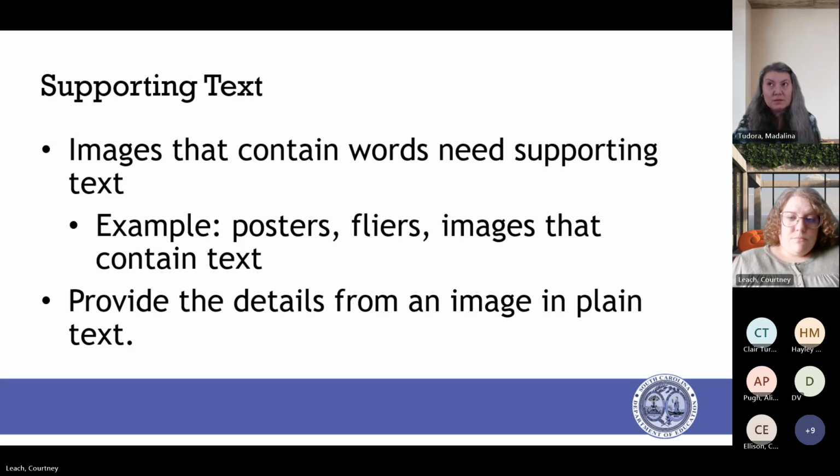The recommendation, if you are going to provide supporting text, is to take a look at the alt text option and see if you really need both. Typically you don't. So in that case, you could just check alt text as decorative, and just make sure that your supporting text provides all the information that everybody needs to get.